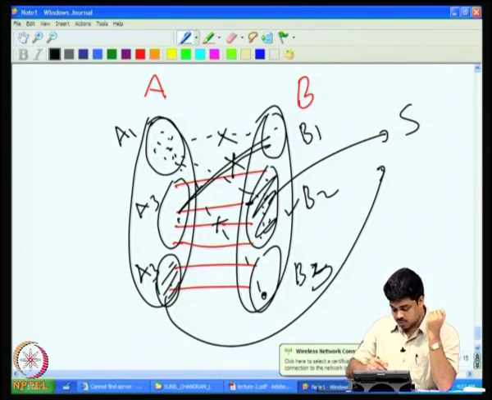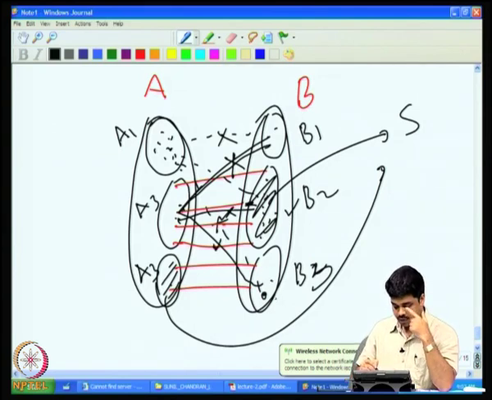And then what about this thing? This is already covered by this. And what about this thing? So, the edges between A3 and B2, they are already covered. What about the edges of this sort? They are also not there, because if such a thing is there, an alternating path reaches